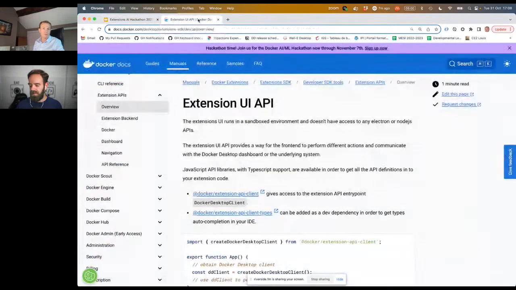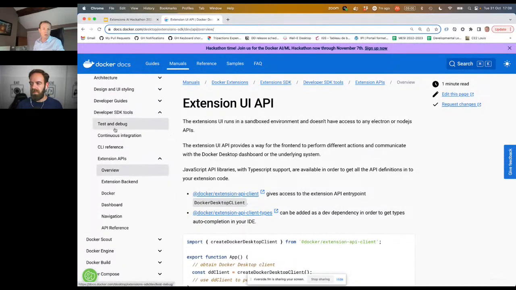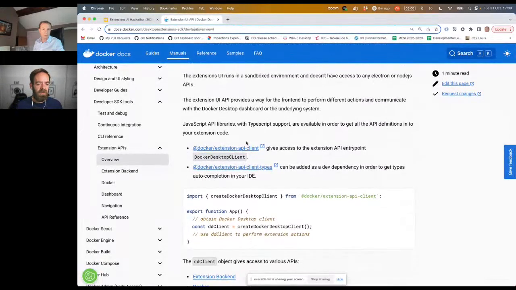We've got this documentation about the extension APIs and the SDK itself, including how to use the different APIs. Here we have, for example, the top level API that will allow you to create a Docker Desktop client, and then from this client you will be able to do various things.